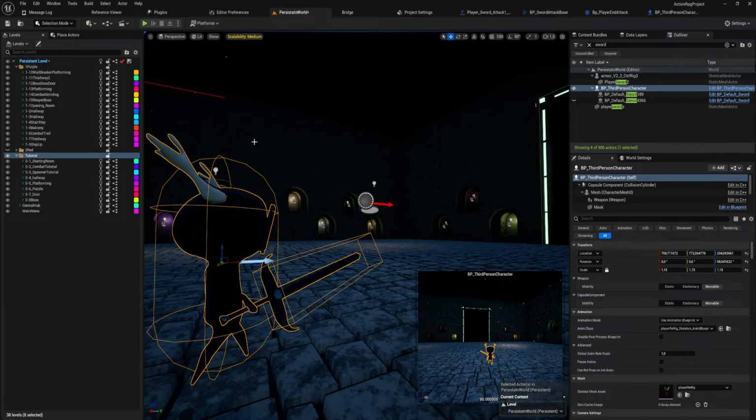The fact that this thing has 2 swords actually is weird and problematic to begin with.